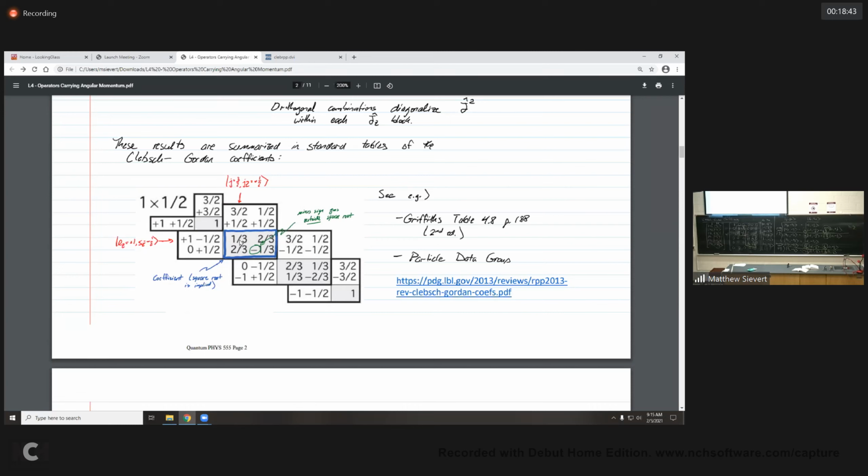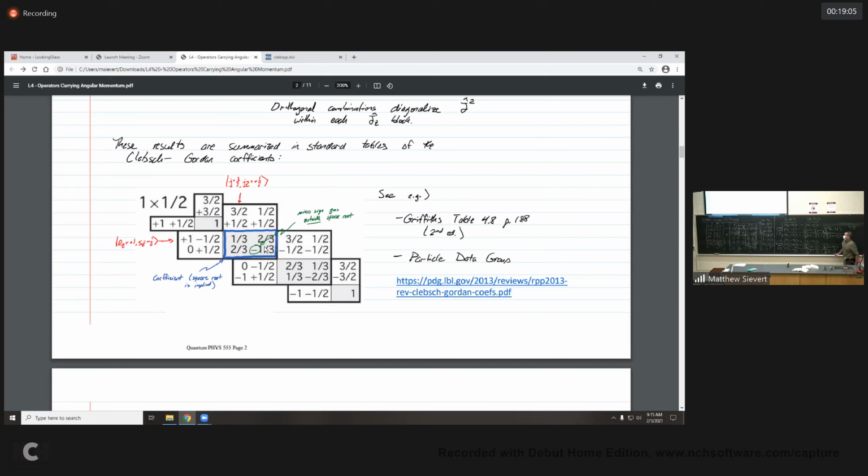There's the 1/3, the 2/3, 2/3 minus 1/3. So the caveat on how to read this is every number inside this block is implied to have a square root on it. And if there's a minus sign, don't take the square root with the minus sign. The minus sign goes outside of the square root. So I don't know if you guys can see the camera at the same time that I have the screen